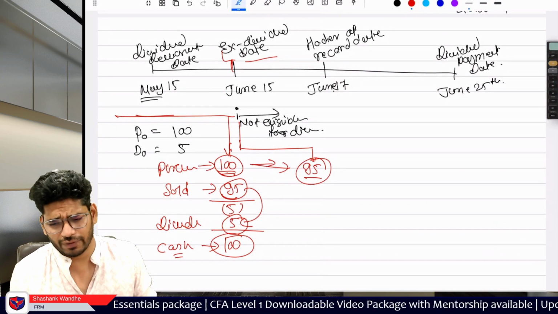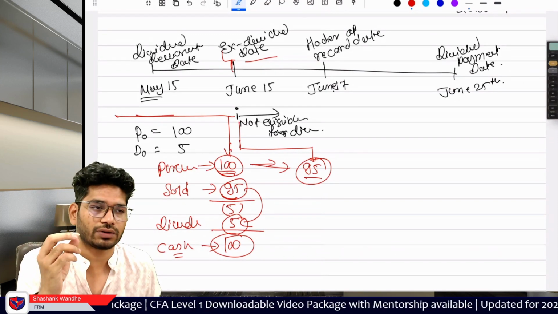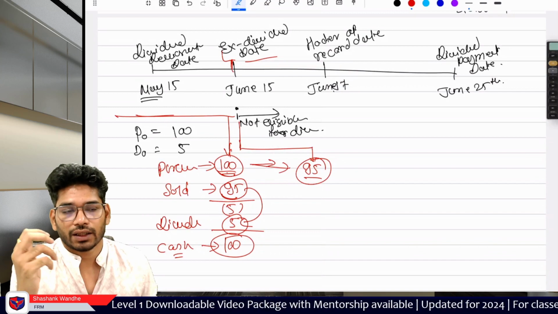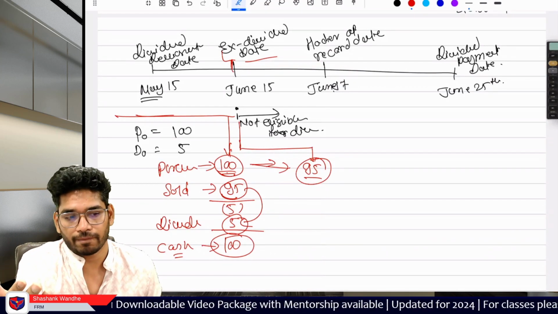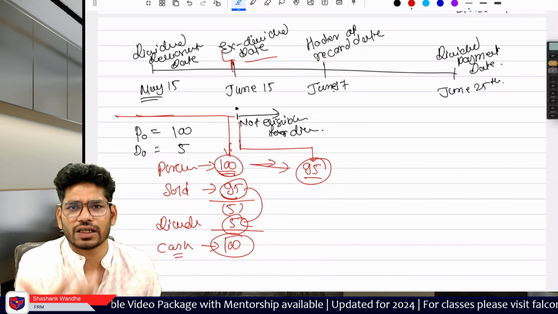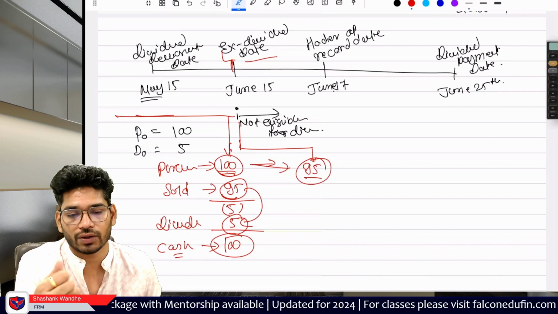Again, I'll give you a very layman's example. You have a bank account, and in that bank account you have 10,000 rupees or dollars, whatever is your preference. Say I'm asking you to sell me that bank account. Obviously you will say, pay me 10,000 and take my bank account. Okay, I'll take your bank account.